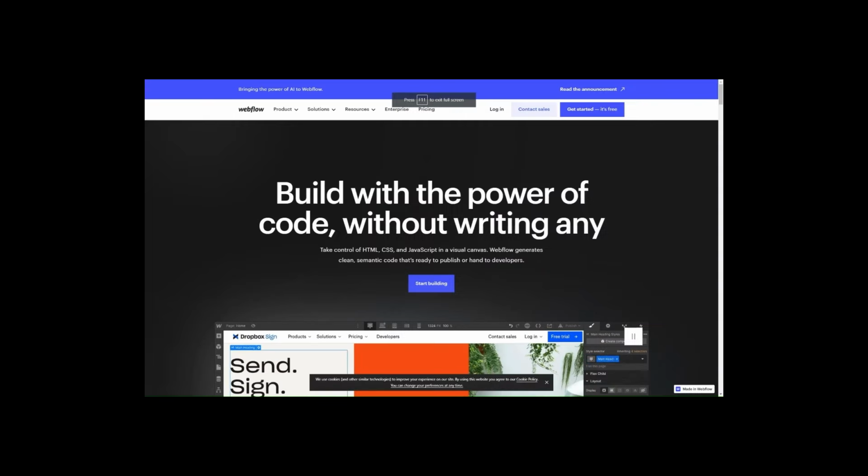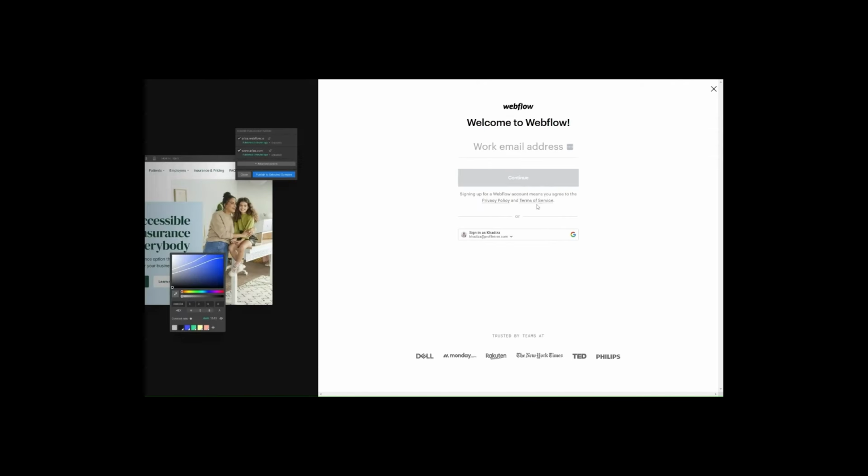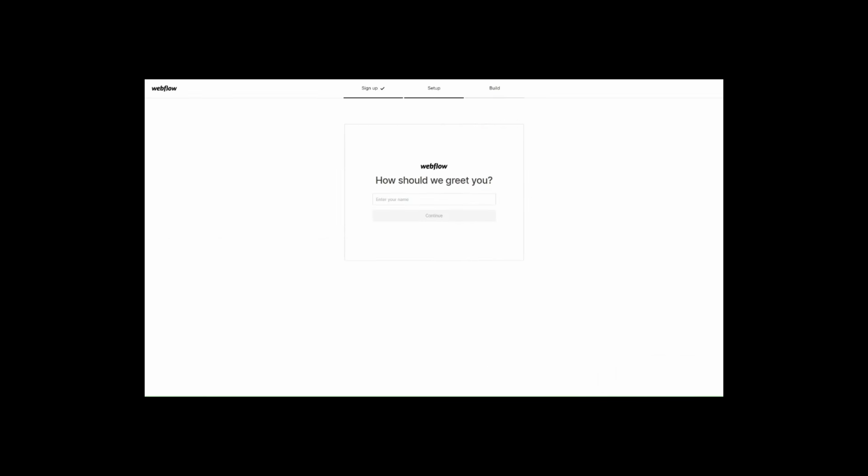So to get started with Webflow, it is mainly free until you need to select a plan. What you want to do is first go onto Webflow's website, and you're looking for the homepage here, and you want to click on the Start Building button. The first thing that you need to do is set up an account. You can either use your Google account or you can just type in any of your email addresses to start creating an account with Webflow. And then once you set up with your email and password, you just want to continue with the setup process. And so you just want to give them your name